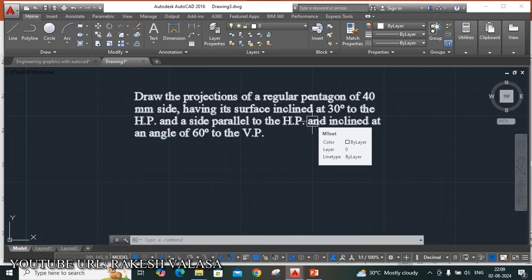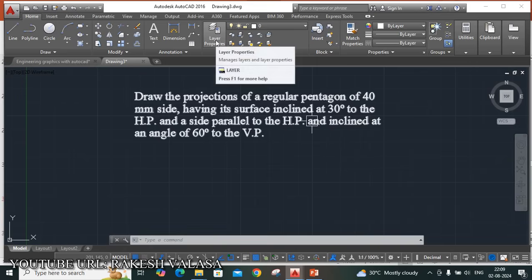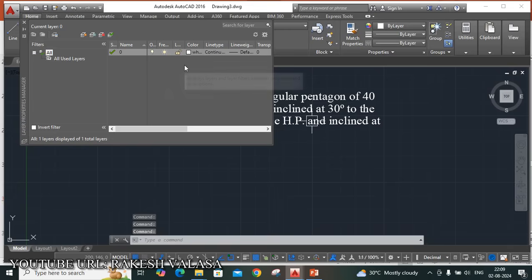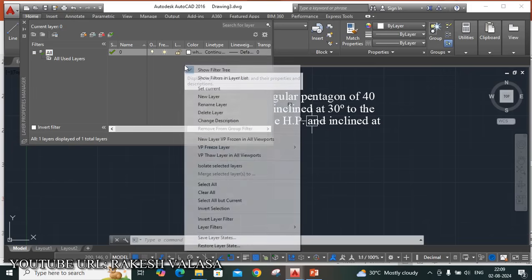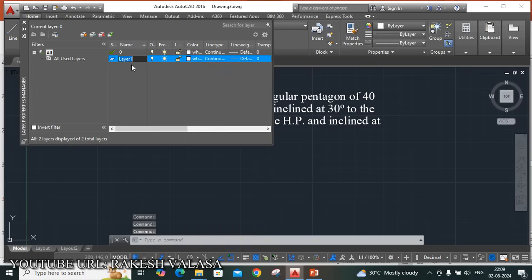For that purpose I am creating two layers with the help of layer properties. Just click on this layer properties. Here I am creating two layers. One is the projection layer. For that purpose, just click the mouse right button and select new layer. The first layer name I am taking is projection.